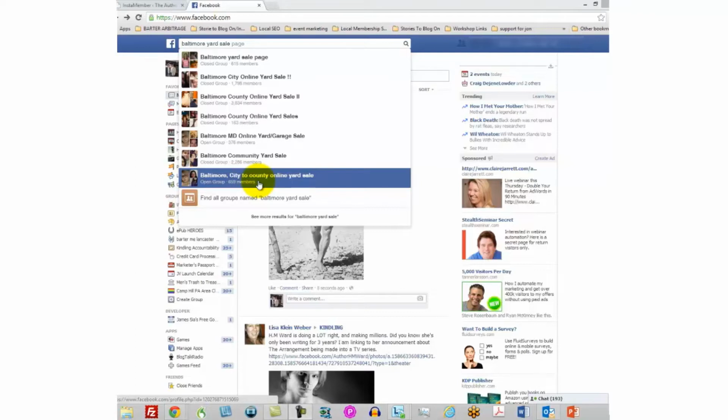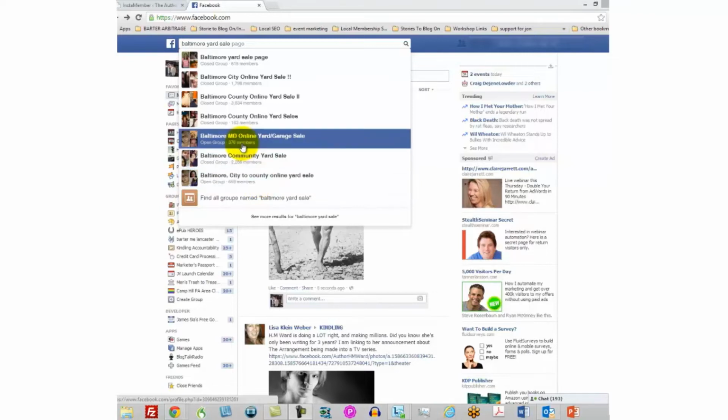Now, depending on what the group's rules are, some groups will only allow you to sell certain things. Some groups will allow you to sell digital products. Some will allow you to sell services. So you need to find the rules of the yard sale, and you can post to these pages based on the rules. And typically, you're going to want to post in your local area. Now, obviously, you don't have to sell local. You can post in any one, but pretty much if you're going to get accepted into one of these closed groups, they're probably only going to be accepting people in their local area.